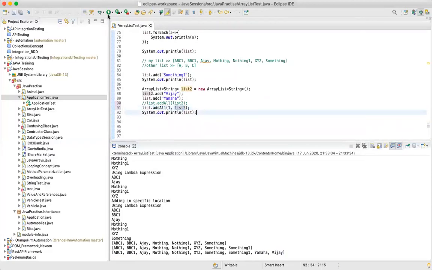Now, when I print, see guys, it's saying ABC1, and then it is printing Vijay and then Yamaha. These are the elements which are present in list 2. Yes, we have Vijay in list 2, so it has added Vijay into this particular location 1.